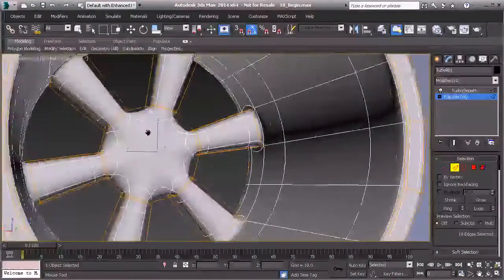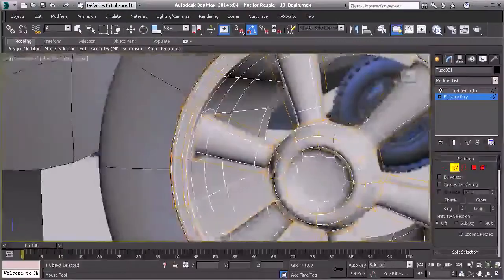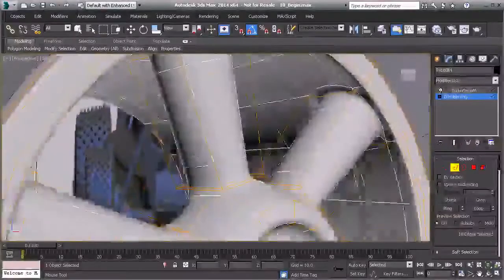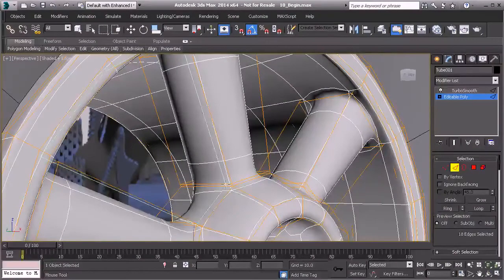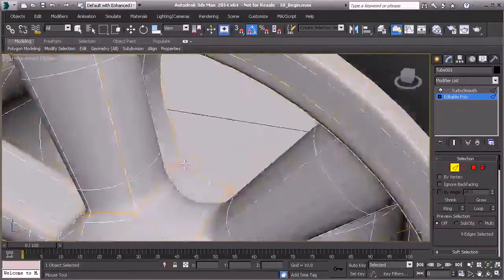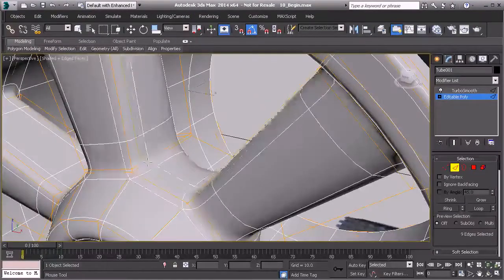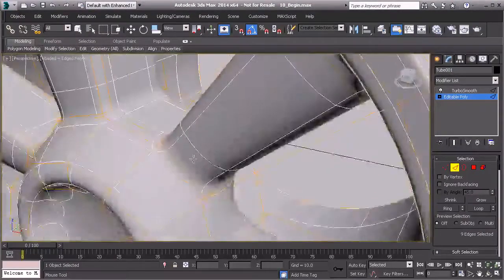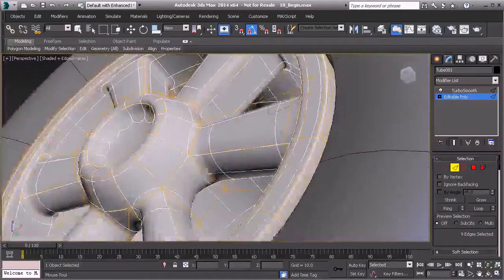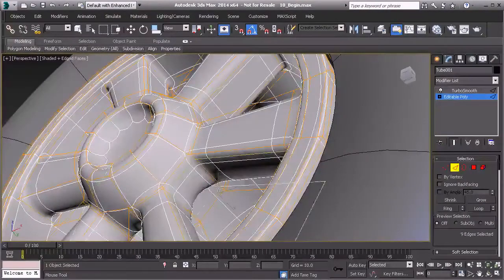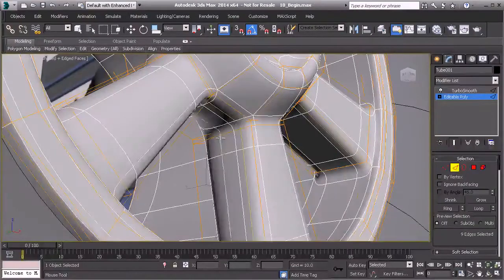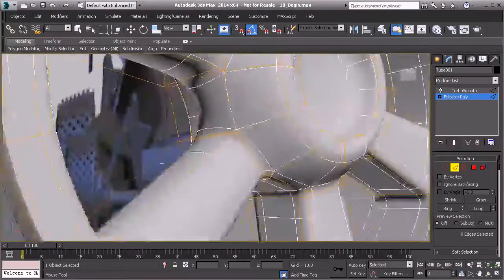And now what we need to do is take care of the overall hardness of our objects here. So I'm going to create a loop here and here, and I'm going to do that all the way around, okay, just on the inside of those spokes. Okay, we don't have to get real close to the edge. We do want a little bit of roundness for that. Okay, then we have one more,